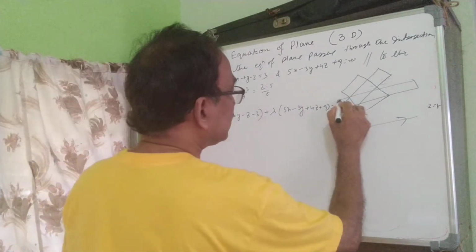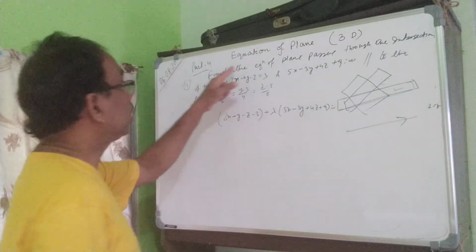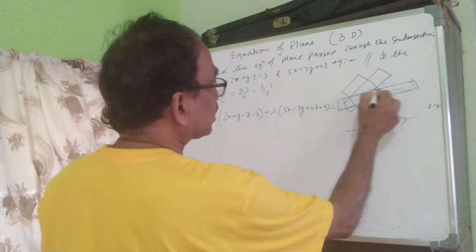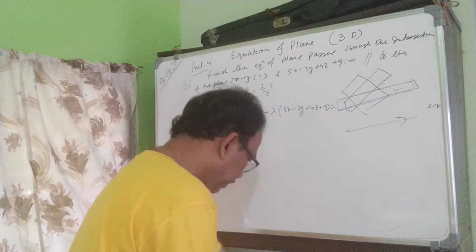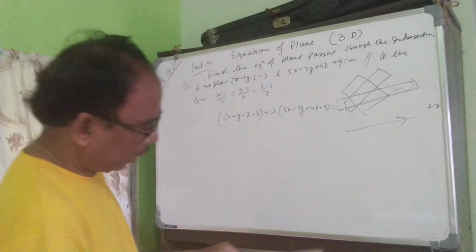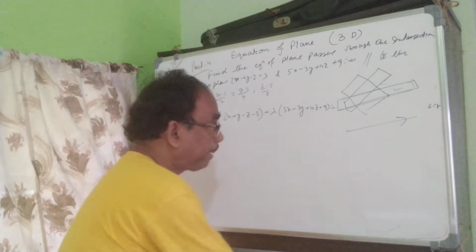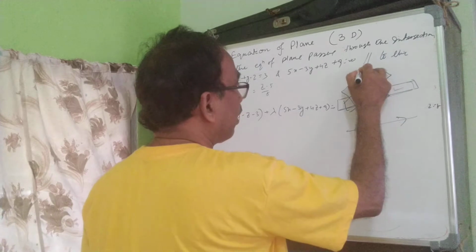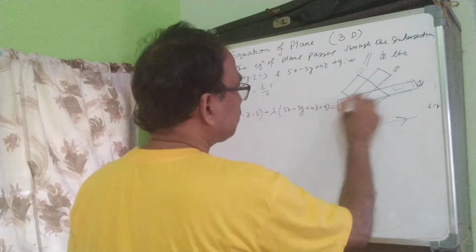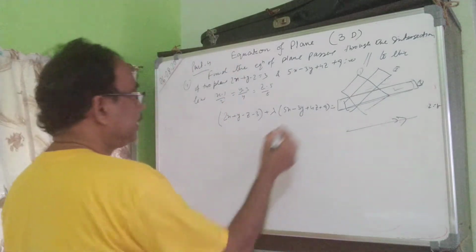Suppose this is the required equation of the plane, and this plane is parallel to the line. Find the equation of the plane passing through the intersection of two planes. Here this is the first plane, this is the second plane, and this is the third plane, which passes through the intersection of the two planes and is parallel to the line. So the joint equation of the plane is this: